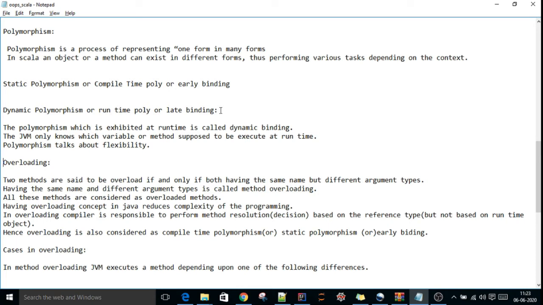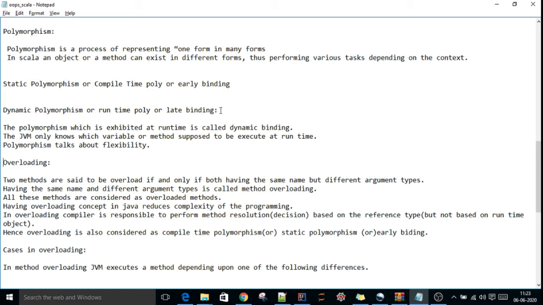What is overloading? Overloading means methods or variables having the same name with different types of arguments. If one class has two methods with the same name, then we can call those two methods overloaded methods.